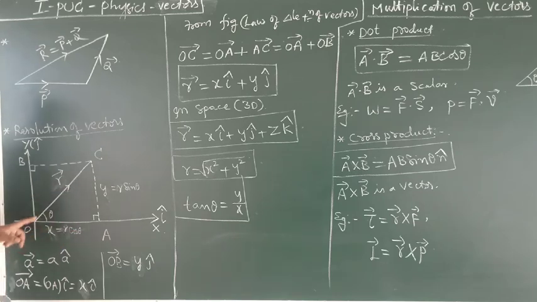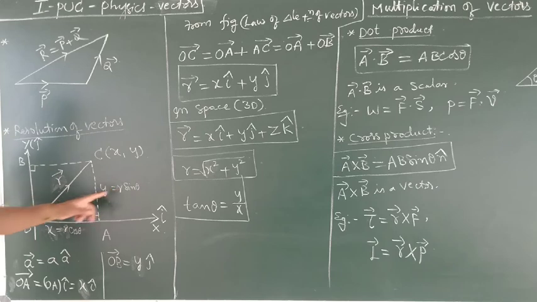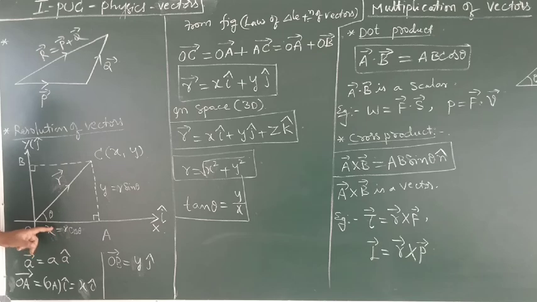Similarly, sin theta equals opposite side, that is y, divided by r, opposite by hypotenuse. This y component is nothing but r sin theta. So these two are the components of this vector along these specific axes. The components in mutually perpendicular directions are called rectangular components. Therefore, OA and OB are two rectangular components of the vector A.